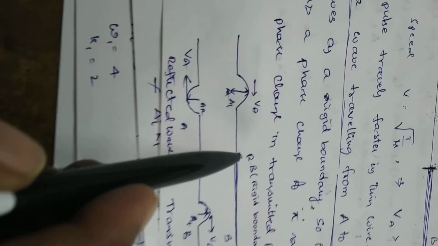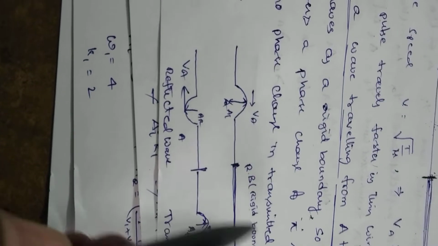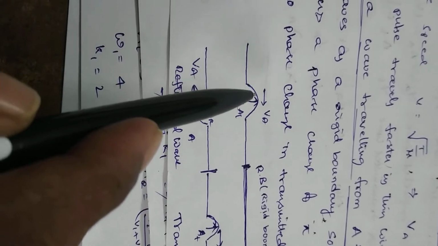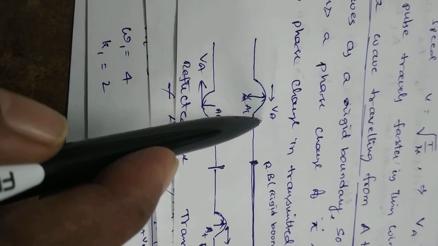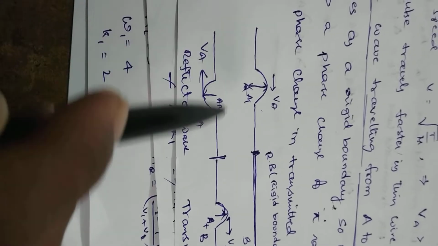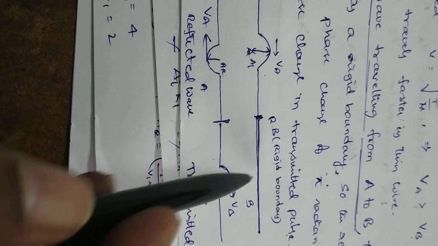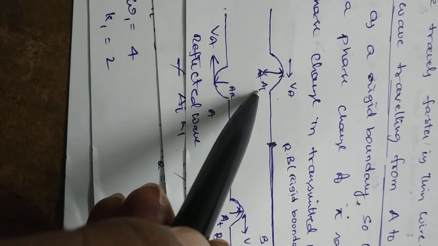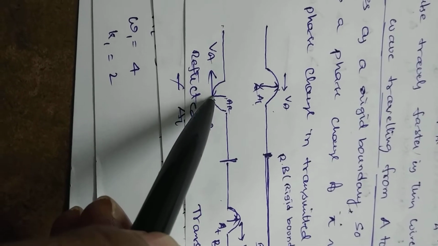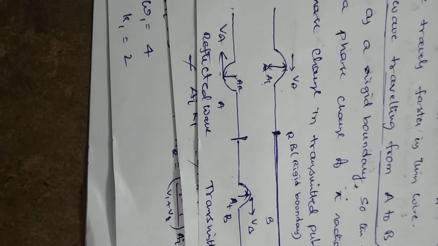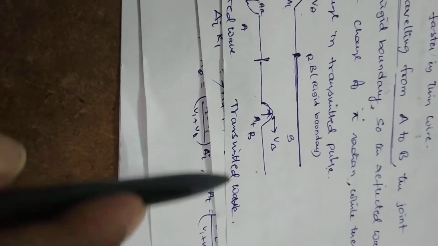Suppose this is the situation. It is the boundary, a rigid boundary. A transverse wave is traveling through A with a speed VA, and at the rigid boundary a part will be reflected from it. This is the reflected wave and the remaining will be transmitted into the other medium B. Here AI is the amplitude of the incident wave, AR is the amplitude of the reflected wave, AT is the amplitude of the transmitted wave. This is the reflected wave pulse and this is the transmitted wave pulse.